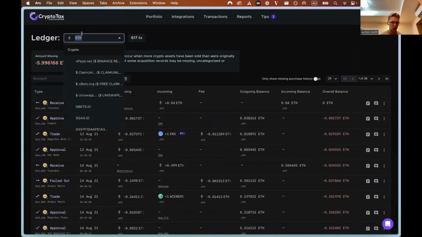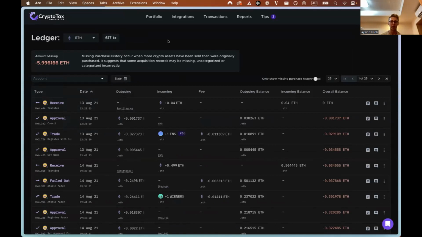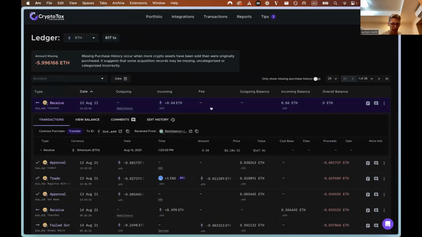And of course, you can do this for every single currency that you own, which is a bit excessive. But if you'd like to do that, go for it. But essentially what I'm trying to say is that we're very transparent. If you'd like to deep dive into every single transaction, every single line, if you expand this, you can see